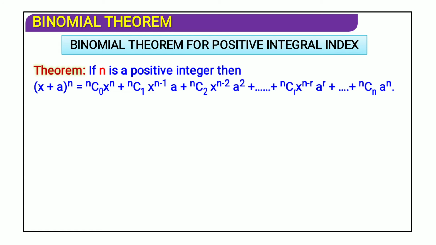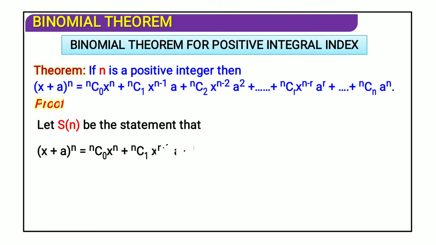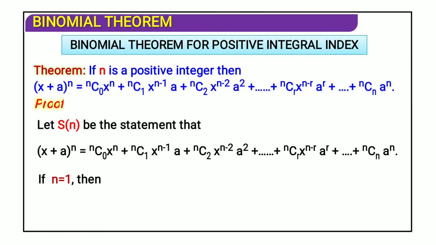If you want me to prove this, I am going to prove it for you right now. The proof can be done using the principle of mathematical induction. In chapter 4 we did this. If Sn is a statement, then first of all we will write the whole statement as it is. Then for n equal to 1, this is step 1 for the binomial expansion and for PMI. By using PMI, for n equal to 1, just write 1 in the left hand side.